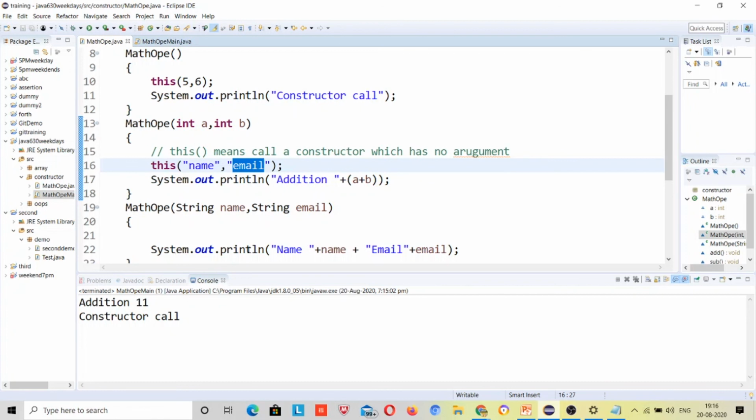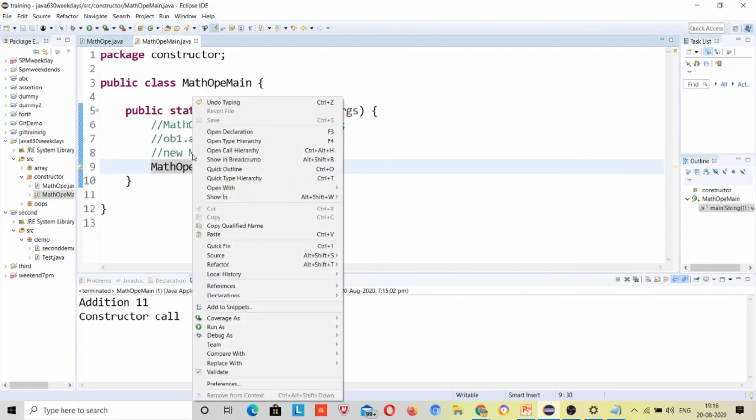So it will come here and first print the name and email, then it will come back to this line of code, addition 11, and then constructor call, right? Understand the concept clearly so that you can answer.